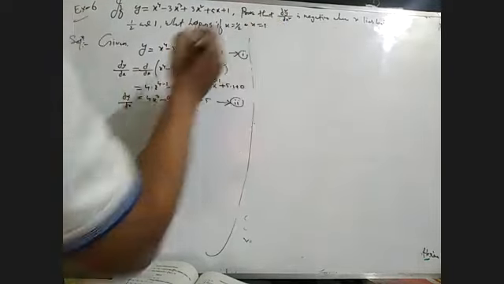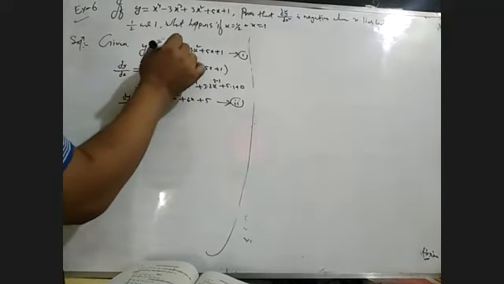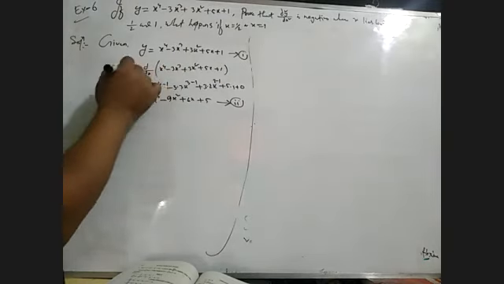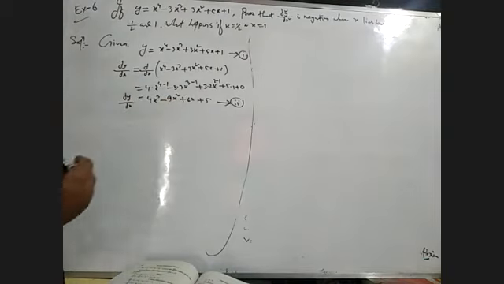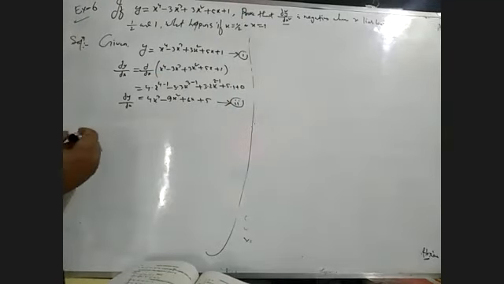Okay, so we are given y equals this function, x to the power 4 minus 3x squared plus 3x plus 5x plus 1. Then the first derivative, taking d dx on both sides, we get 4x cubed minus 9x squared plus 6x plus 5. Now we have to prove that the second derivative is negative.